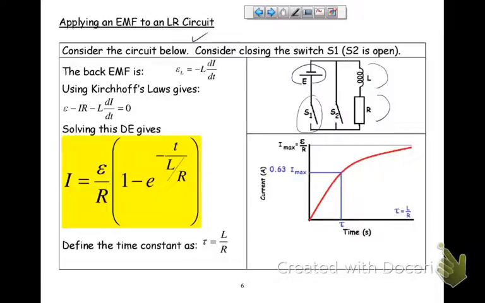And what we can tell is that, when you first start, close this switch, you're going to have a big current flow. Most of your voltage is going to be across your resistor. Big current flow, V equals IR. My EMF is L di by dt. So